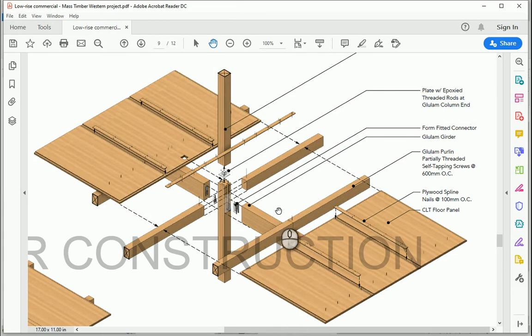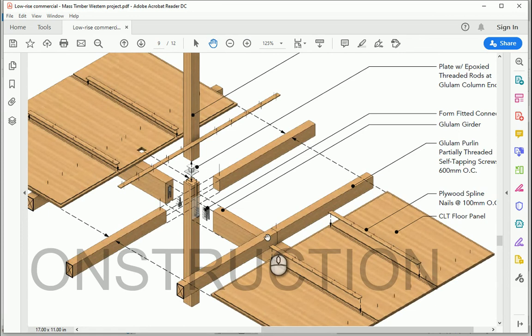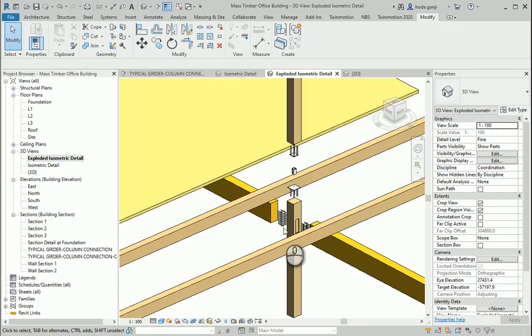But also, the purlins which are on top of the beams and they're not hitting the column, they are also not exactly continuous, but there is a little bit of jointing here.